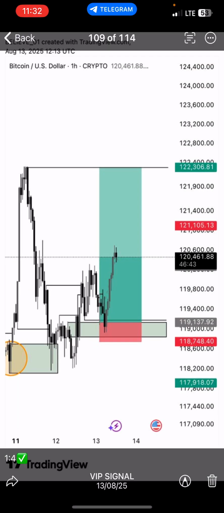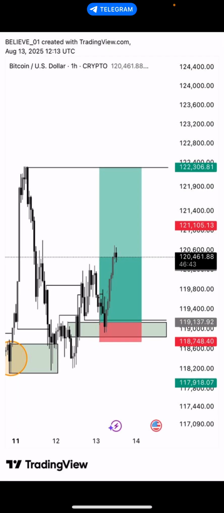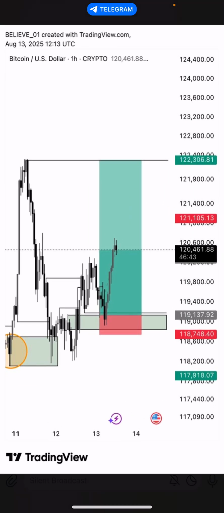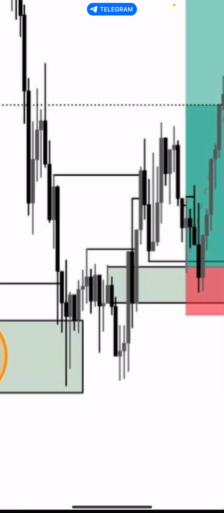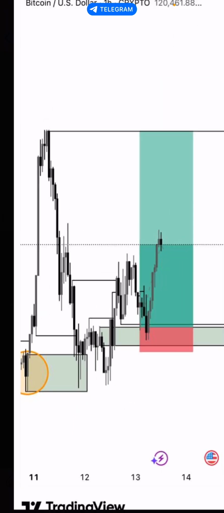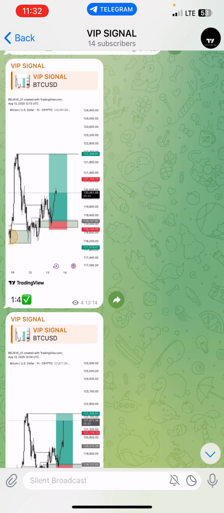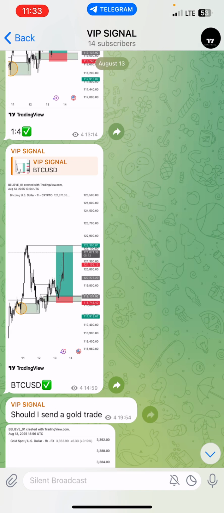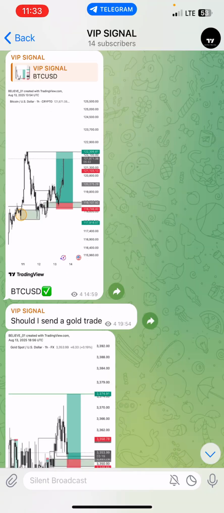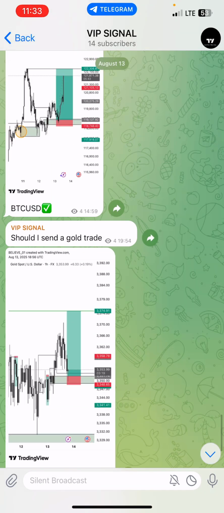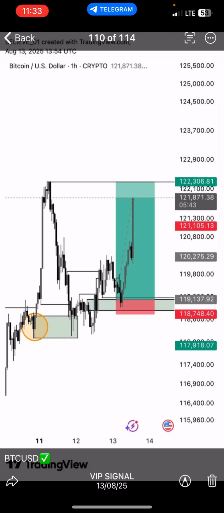Now this was the BTC that got activated here. This is where we took the loss from before. Here, can you remember? Here, yeah. Since we took a loss, I knew that we were going to buy this market, so I just had to send the boys another trade because you cannot go without eating. Then we had this is TP. That hit TP. I think this trade was 1 to 7 or 1 to 8. I think 1 to 7.